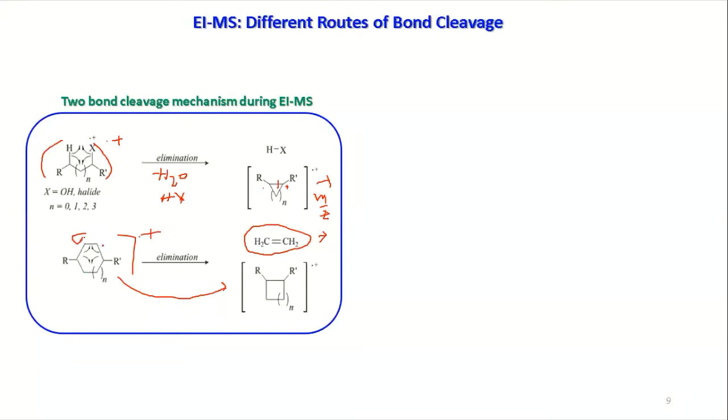Now in this situation, it can happen that this bond is breaking, one dot and this dot. So it is a 4-member ring now, if n is 1. After that, this can further undergo fragmentation. So this way you can have neutral molecule elimination. Neutral molecule elimination is generally either HX or an alkene, sometimes ethylene, sometimes propylene. This type of small alkene comes out.